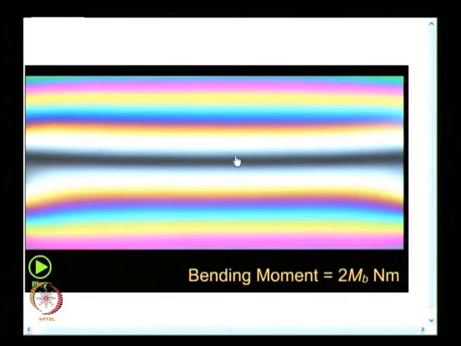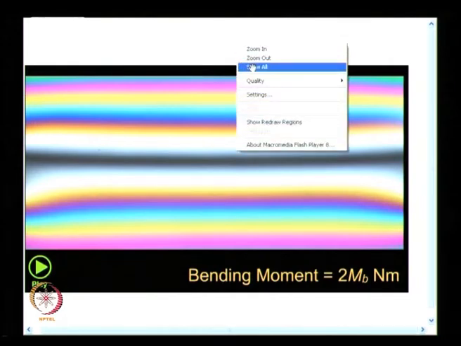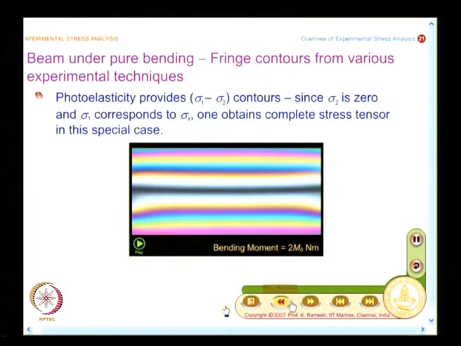So, you will not have perfect symmetry, there will be a small deviation, and you should not come back and say I have done the experiment wrong. It is not so. In your analytical evaluation of stresses, if you also bring in the effect of Poisson ratio, then the stress patterns will be like this. So, experiment always gives you truth, and that you should never forget. Okay. Now, what we are going to do is we will again go back to the slide,